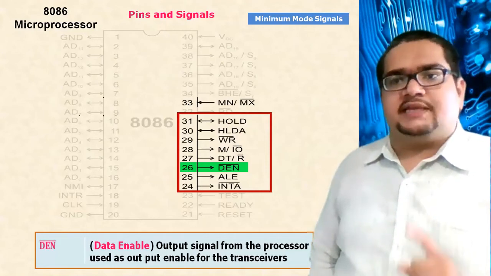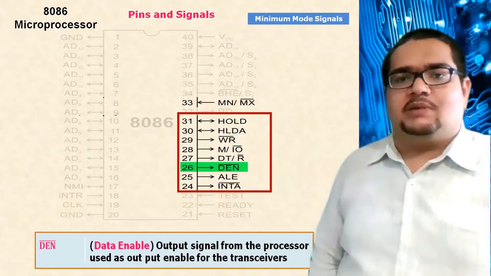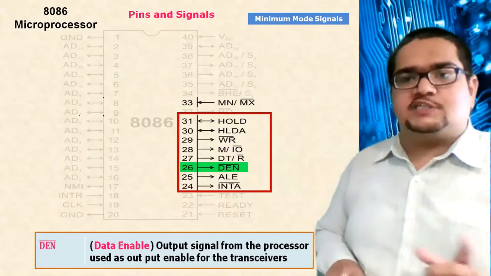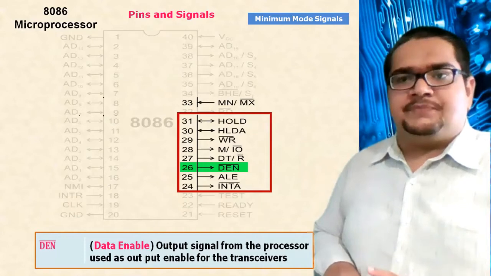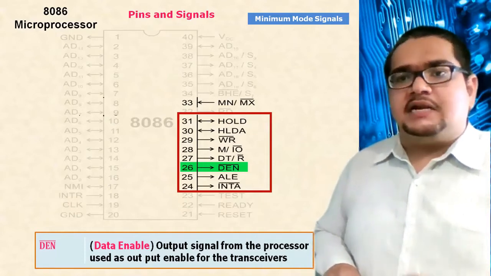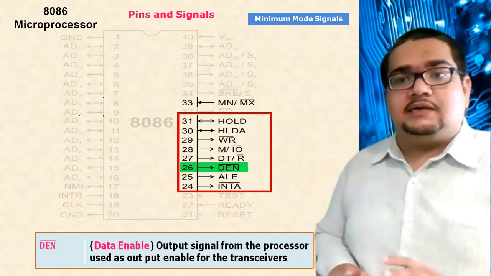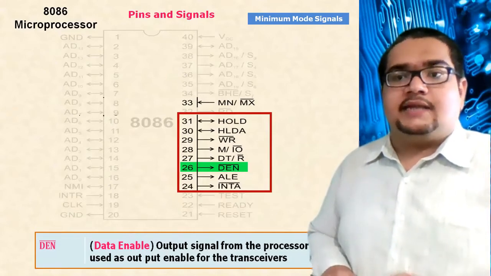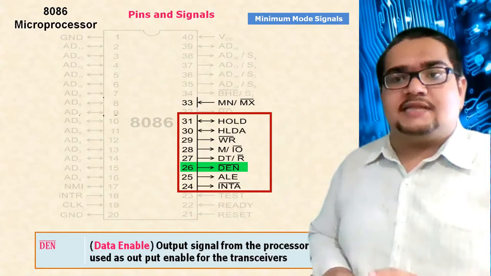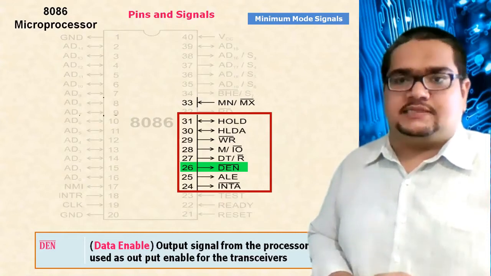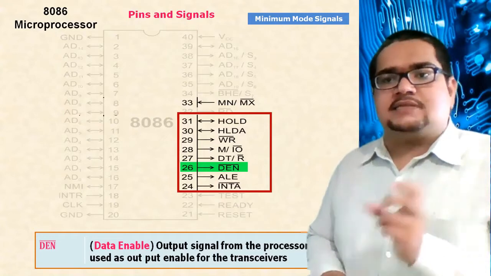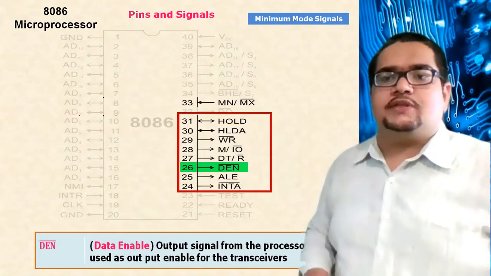Pin number 25, ALE, address latch enable. It works exactly in similar manner how the previous pin, data enable, was working. Data enable was working for temporarily storing the data onto the buffers. This ALE line is used for temporarily triggering the latches to store the address on the AD lines before the transition of address data. See, AD lines will continuously go in this fashion.